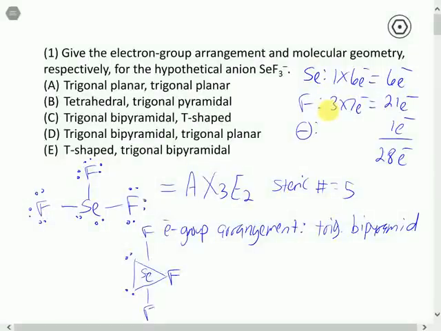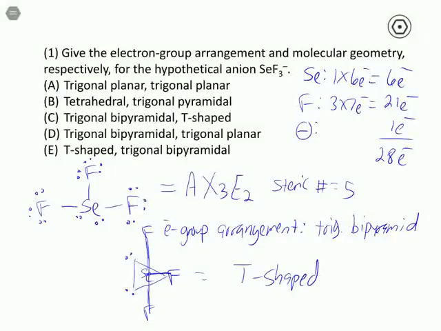So this then is going to make what we call a T-shaped arrangement. You do have to remember the names, but they're going to be given to you in the answer choices, and if you can draw them out logically, starting from the electron group arrangement, you can often just tell by looking at it what it is. So it might reduce the memorization, or if you have a little bit of a brain cramp during the exam and can't remember the exact name for it, it helps to draw out the structure and just look at what it looks like. So the correct answer then that has both the electron group arrangement and the molecular geometry correct